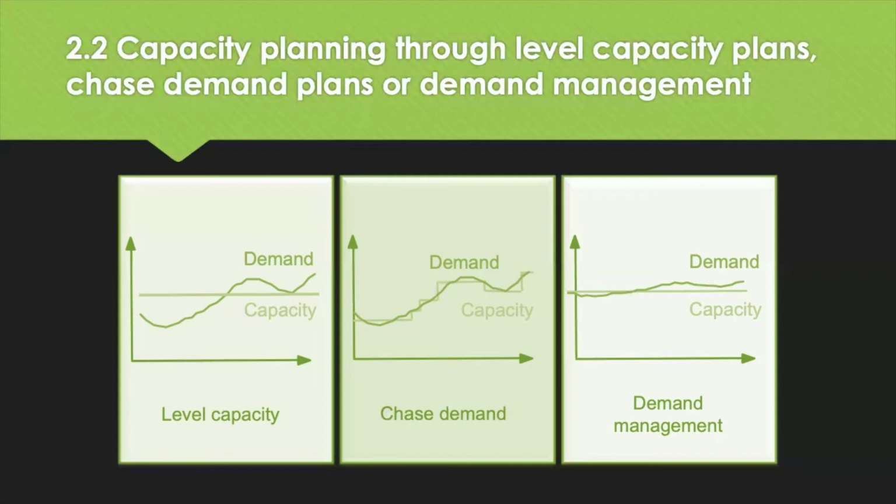In chase strategy, businesses tend to vary the output to match demand, but in demand management, the business tends to alter demand so they can absorb variations. In order to generate demand during off-peak, a variety of strategies can be adopted, like variable pricing and peak and off-peak pricing. You see this quite a lot with trains. They don't just make trains longer on busier days. They're the same length. Sometimes they're full, sometimes they're empty, but they'll obviously charge us variable prices for peak and